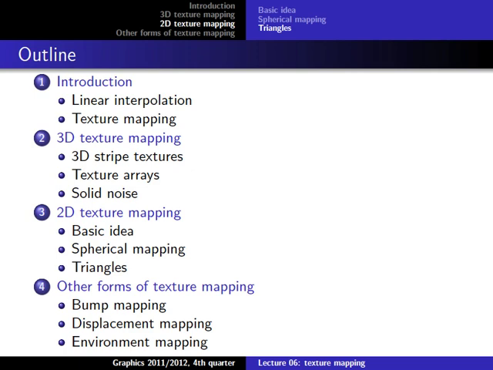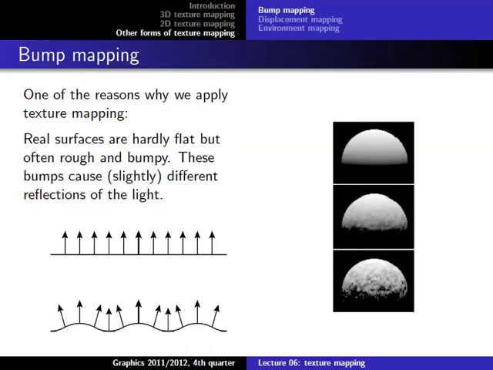But of course, there are also other kinds of variations of it, and I will talk about 3 here now, but I will only talk about the basic idea of it, because one of them, the bump mapping, is actually also part of the practicals. It's one of the bonus assignments, although there it's called normal mapping, depending on which source you look. They call it sometimes bump mapping, sometimes normal mapping, or usually they call it normal mapping as a more general term that includes bump mapping and other kinds of mappings, but it's pretty much the same. So the idea is